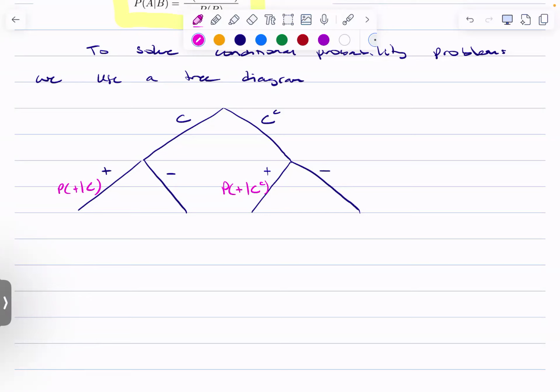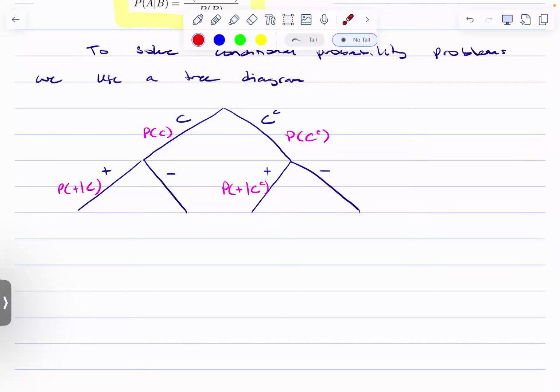And so at the end of each of these branches, technically we have conditional probabilities, but usually how we end up writing them is just as a probability, right? And so then if I go down the branch and I multiply down the branch, below here I have the probability of just having cancer and the probability of not having cancer. So some general population probability,